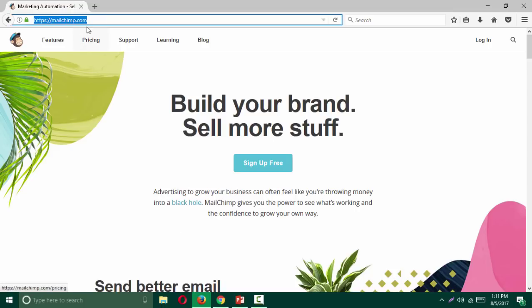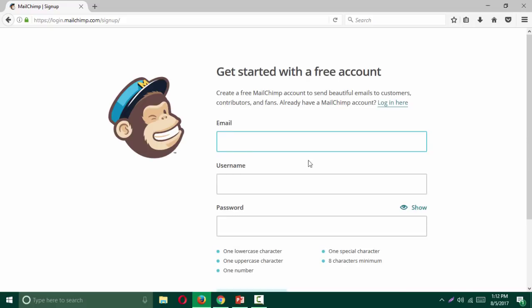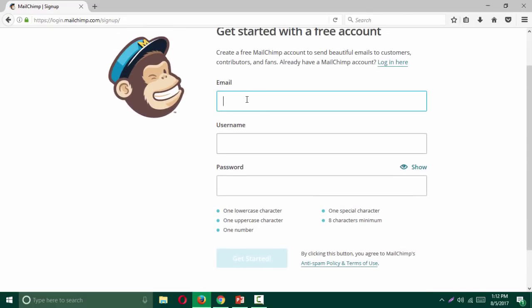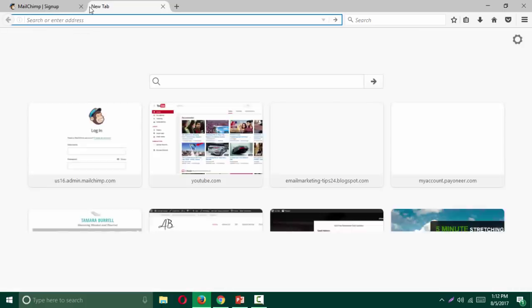As you are looking at the URL bar, here is https://mailchimp.com. This is the home page, and on this page you will have a button just at the center, sign up for free. I click on this button, and it will come up with a short form where you have to put your email ID. So let's get a trash mail,